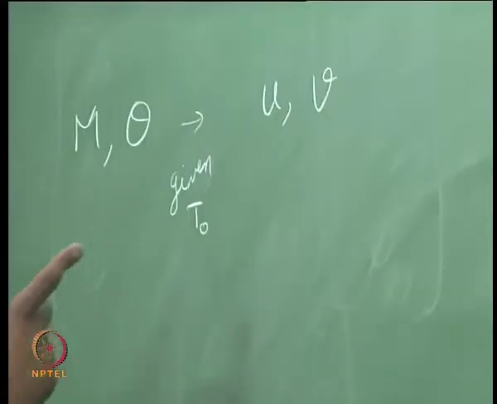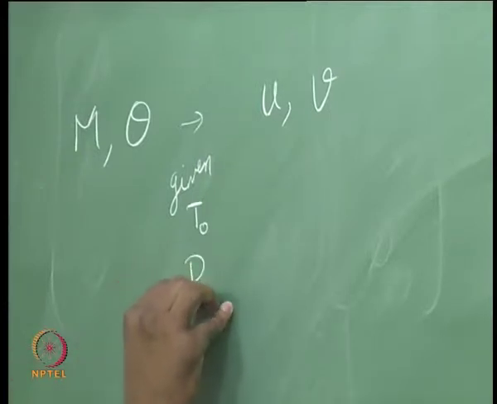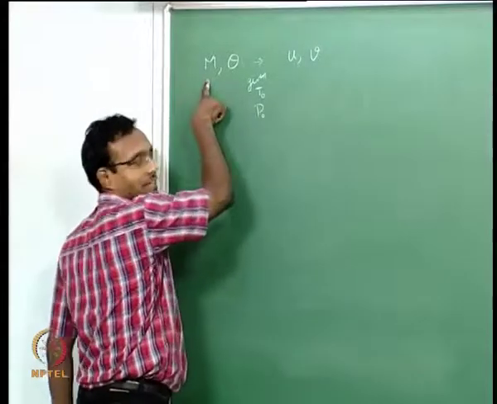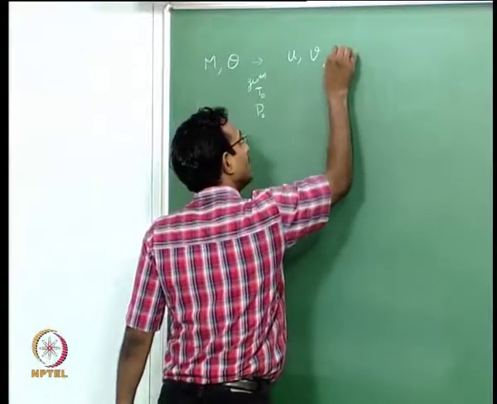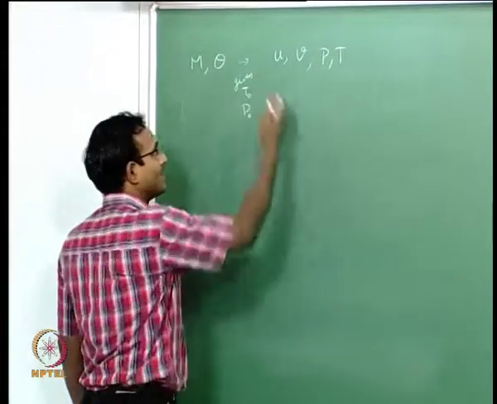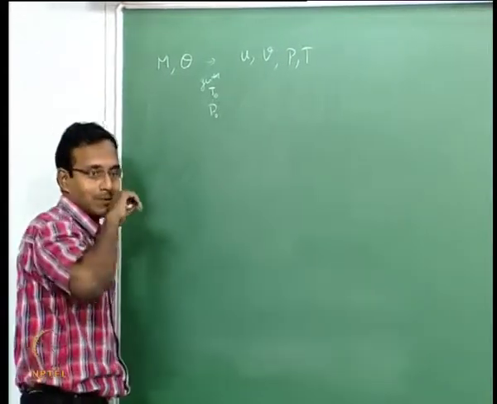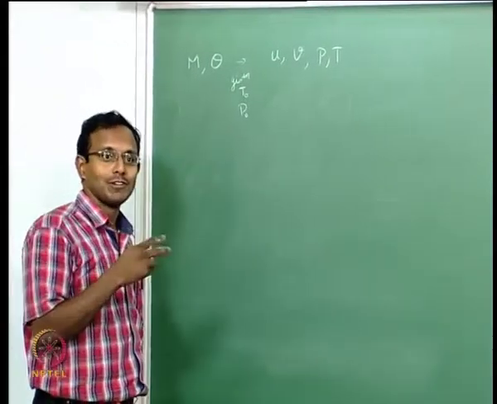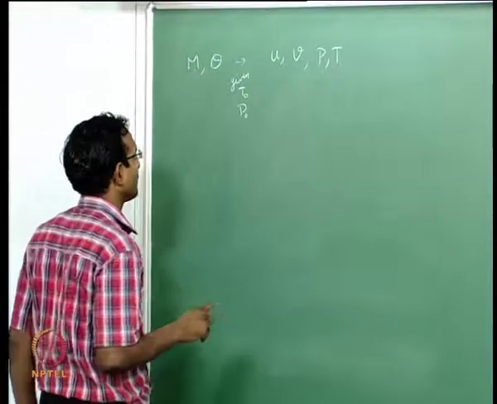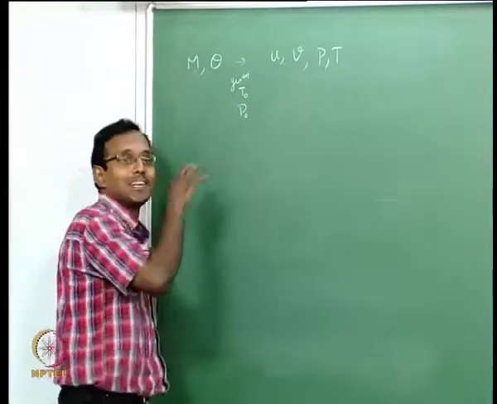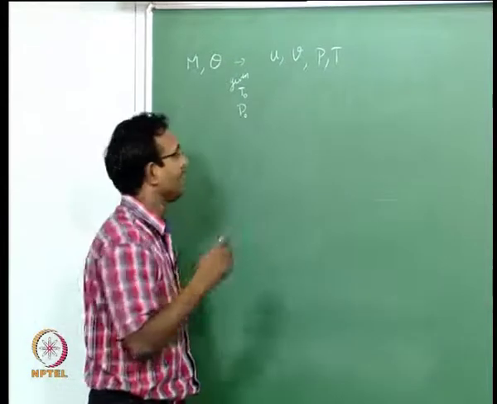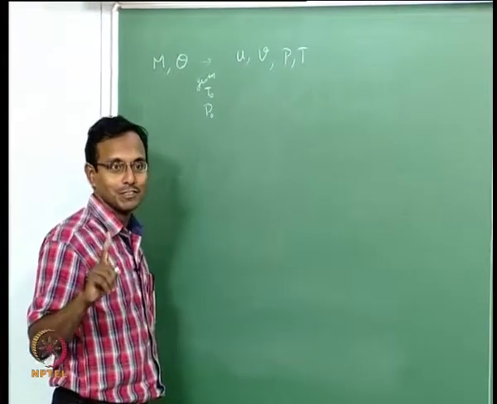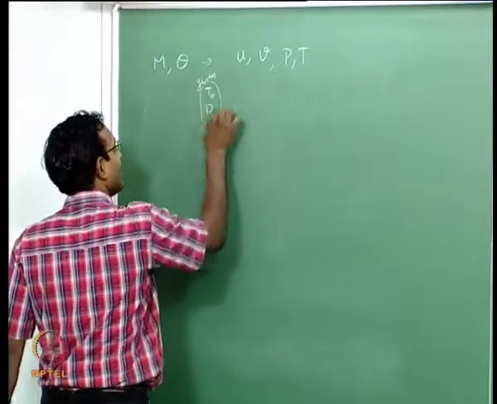Can I find pressure yet? From here, no. I still need to be given P naught at that local point, so that I can now use this M to find the local pressure. And once I know these variables, I can find every other variable present. So now I can find density if I want, entropy if I want, all those can be obtained after this point. So that is why we listed all the primary variables, and then we went in a particular direction where we ignored one equation, and that equation comes up finally here.